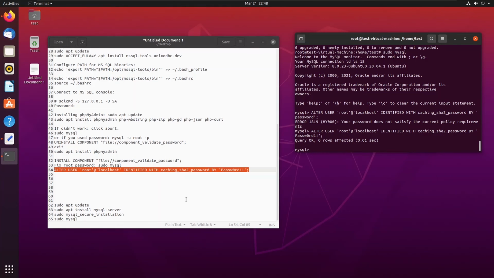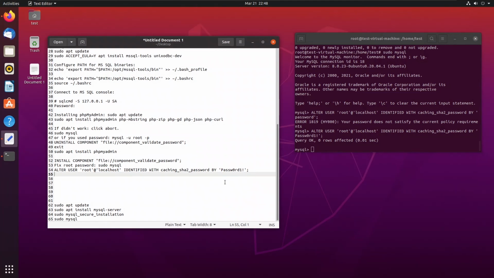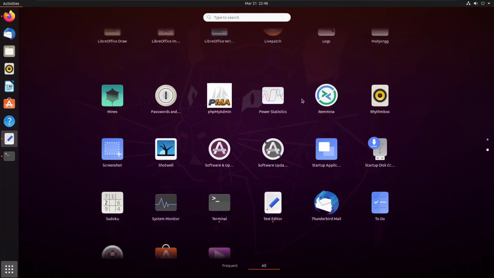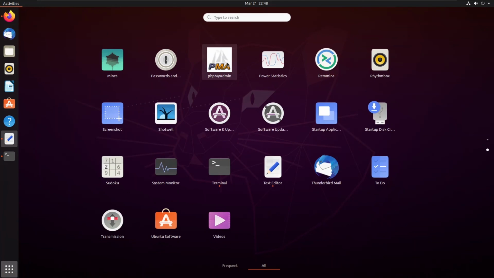Alright, so now you're going to want to enter in this command after you get back into your SQL server on the terminal, which is sudo mysql, and then you'll want to enter in this, and then a password that you set. Either it's the weak, medium, or hard complexity that you set it for. Mine was medium. So now after you do that, you want to go to show applications, scroll down, click phpMyAdmin,